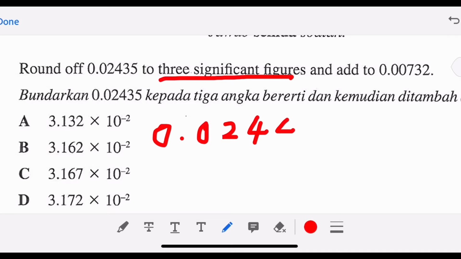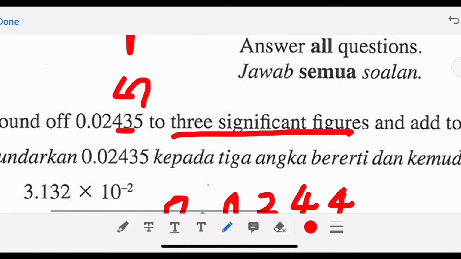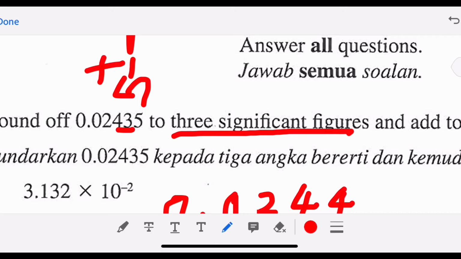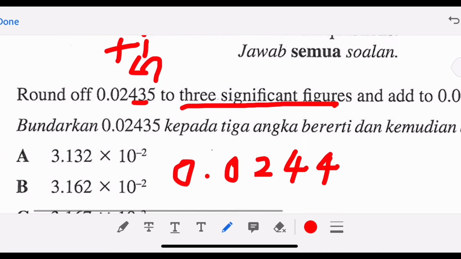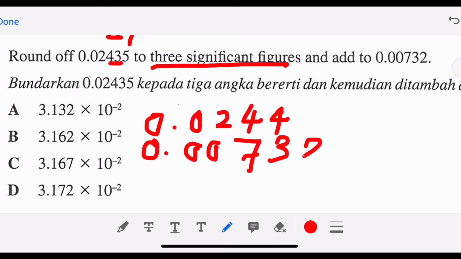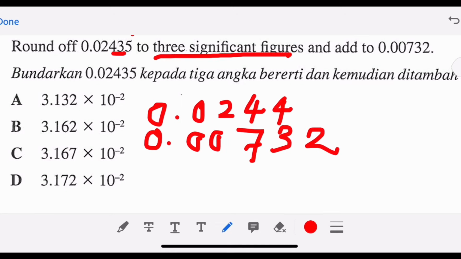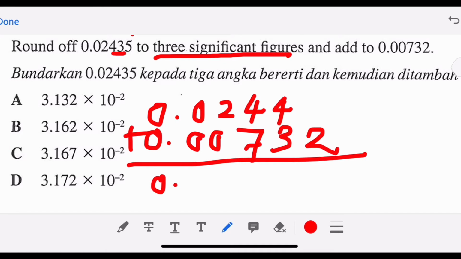0.02435. Okay, so we have to round up to 0.0244 because after the 3 is a digit of 5 or more. So we have to add 1 to the 3, and then after that we add with the 0.0732. So the answer that we get must be 0.0